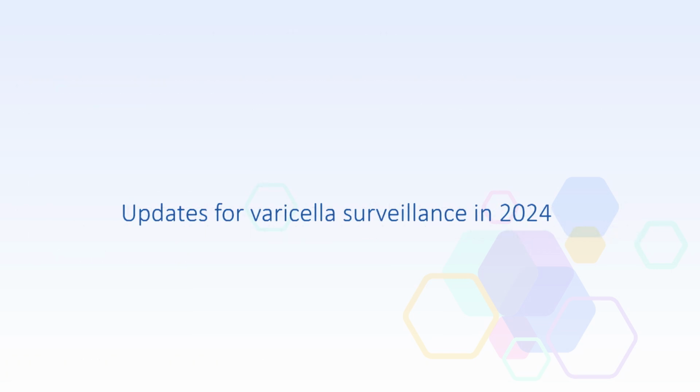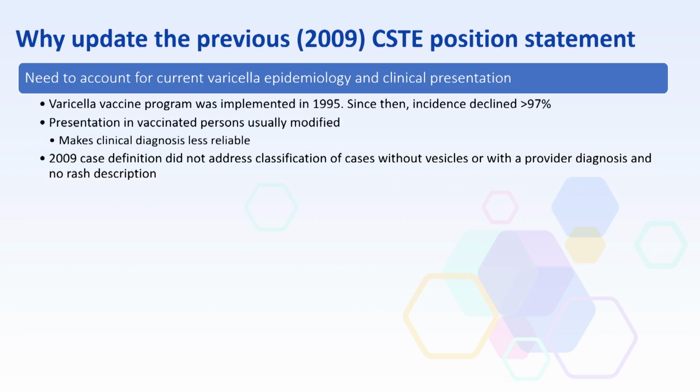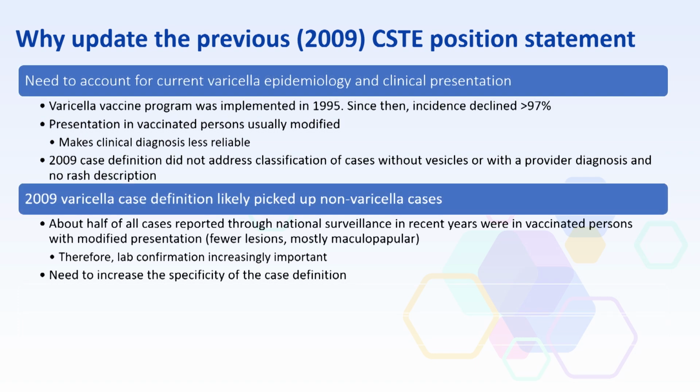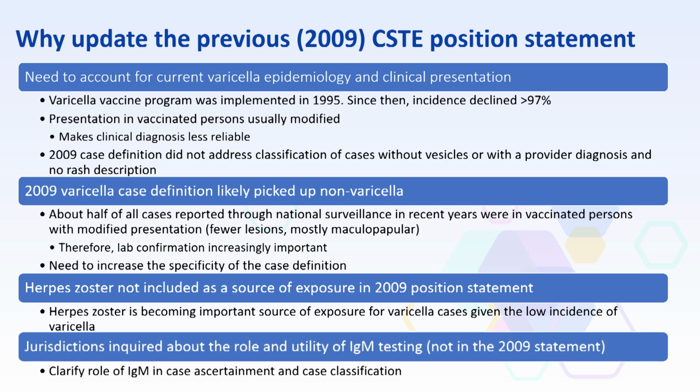Next, I'll present several updates for varicella surveillance during 2024. An updated varicella case definition went into effect in January 2024 and can be found on both the CDC and CSTE web pages. There were several reasons why the 2009 varicella case definition was updated. As mentioned previously, with the large declines in varicella incidence, there was a need to account for the current varicella epidemiology and clinical presentation of varicella. The 2009 varicella case definition likely picked up non-varicella cases, so there was a need to increase the specificity of the case definition. Herpes zoster, or shingles, was not included as a source of exposure in the 2009 position statement. Finally, jurisdictions asked for guidance about the role and utility of varicella zoster virus, or VZV, IgM testing, which was